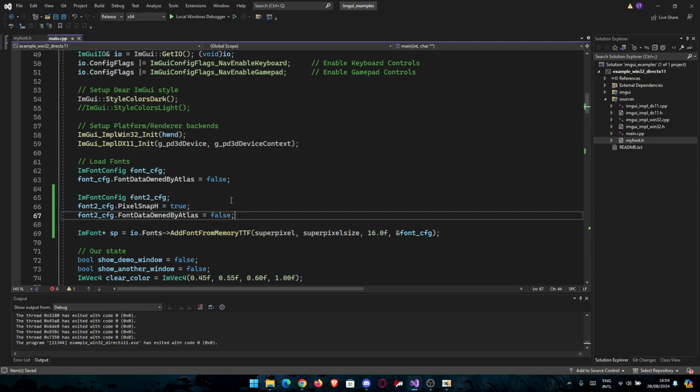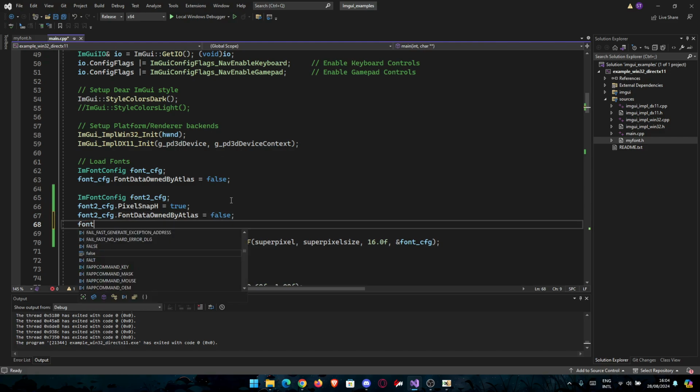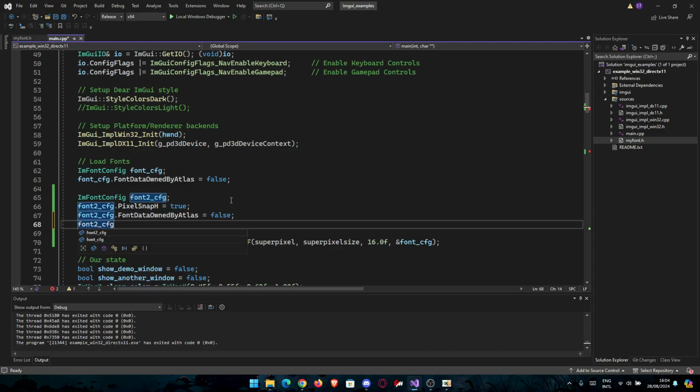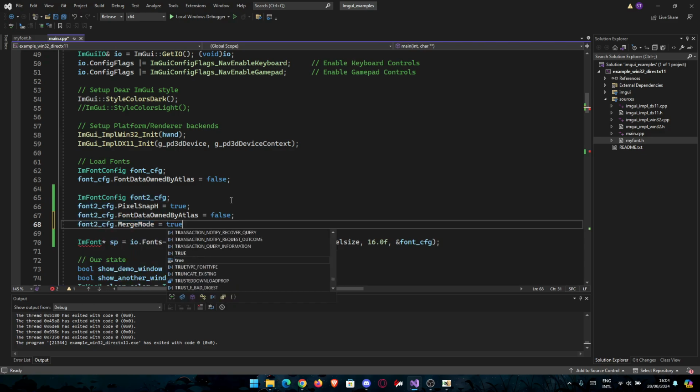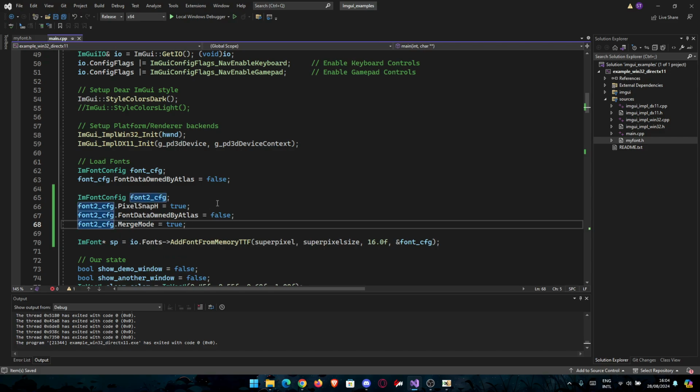Now, if you want to merge this font with another font, and have only one font containing both icons and your normal font, you can also do font2_config.MergeMode and set this to true. But we're not going to do that. We're going to have it separate so I can show you how to use multiple fonts as well in only one. So after that,